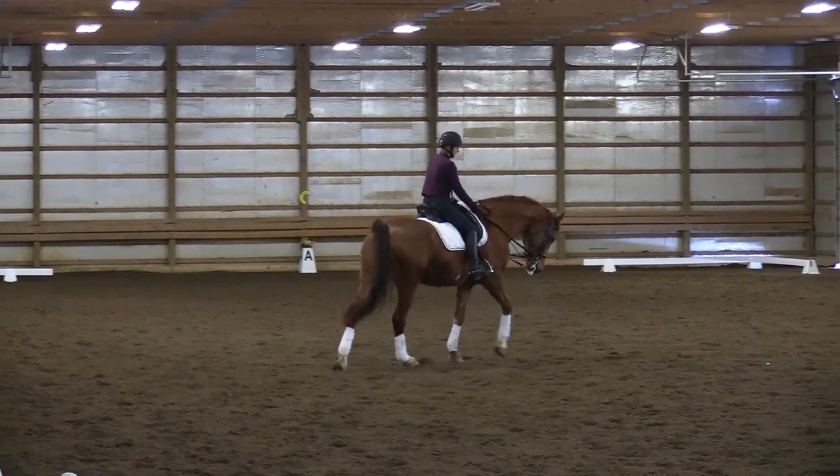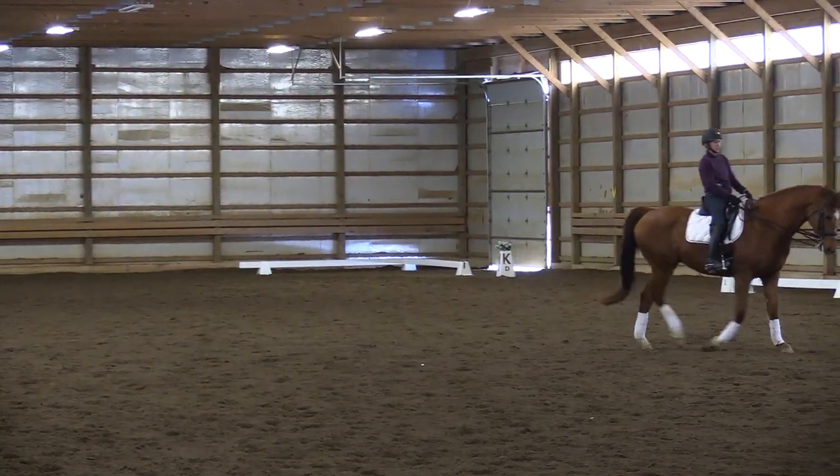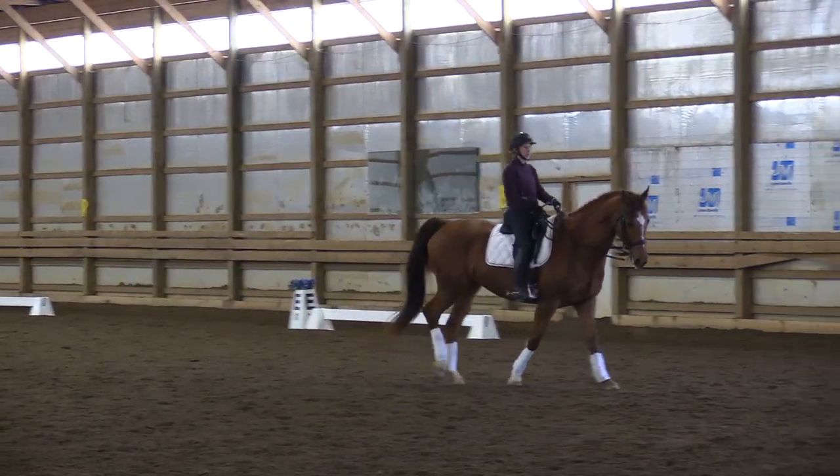But when you use the right leg, he bent around it, waited, and then he had this nice freedom of his shoulders. So we'll do one to the left the same way. That was to the right, one to the